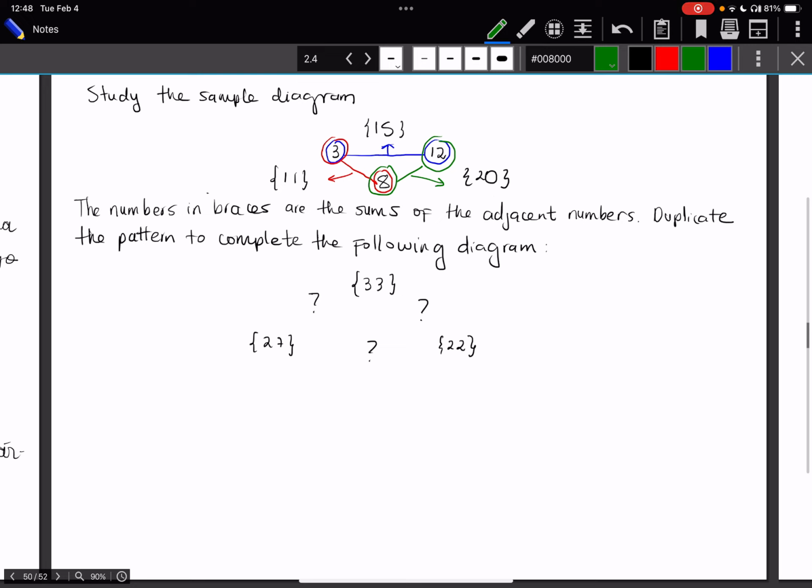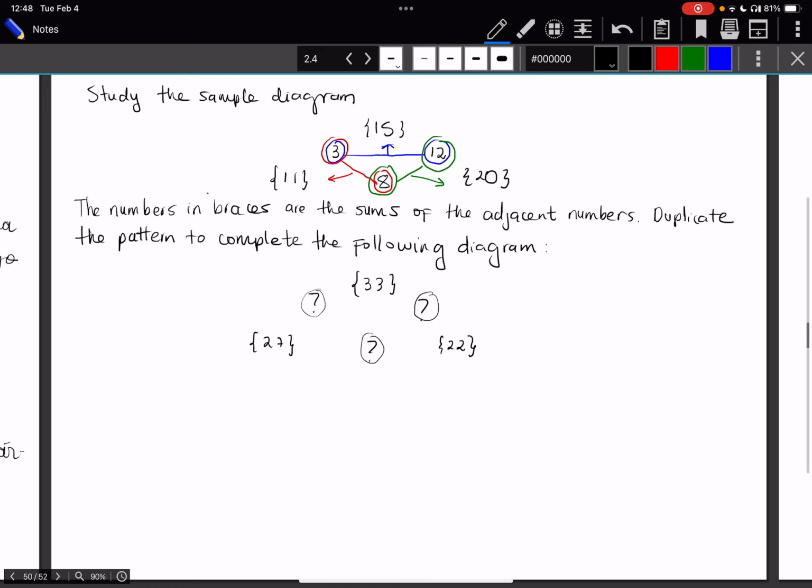We need to duplicate the pattern to complete a new diagram. The new diagram contains various numbers. Some of them are in braces, and the ones that are not in braces are unknown. We have the numbers 33, 22, and 27 in braces. And according to the previous diagram, we need to find numbers here, here, and here, so that